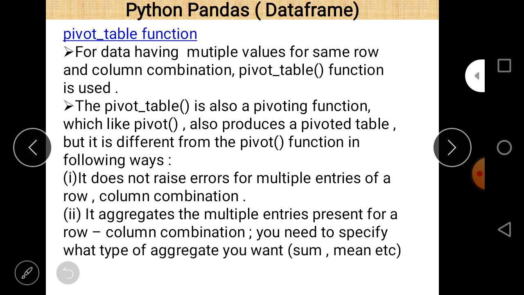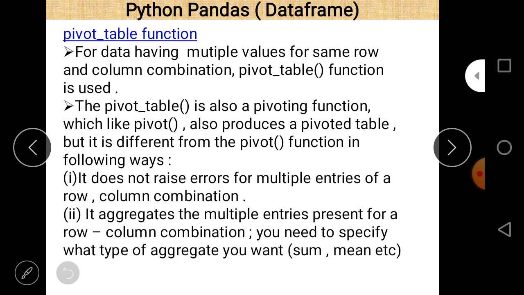The second point is that pivot table is also a pivoting function like pivot and also produces a pivoted table, but it is different from the pivot function in the following two ways.